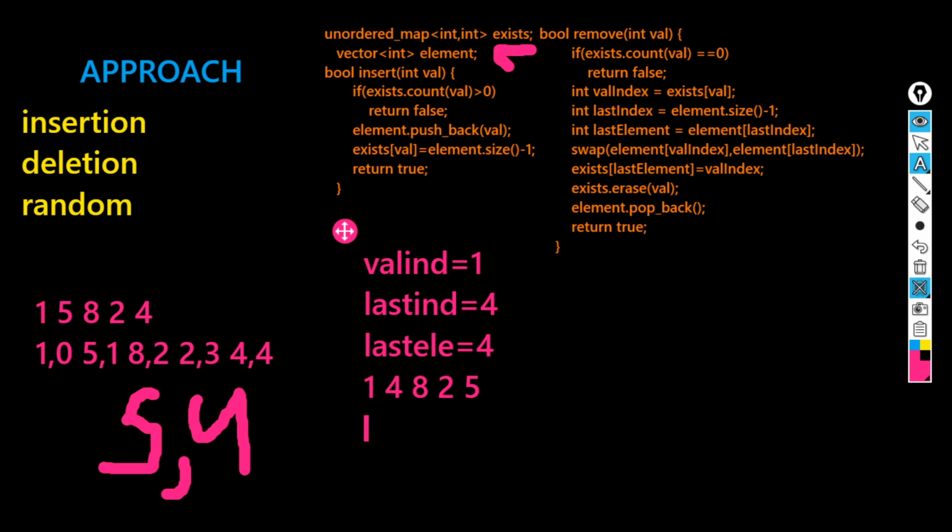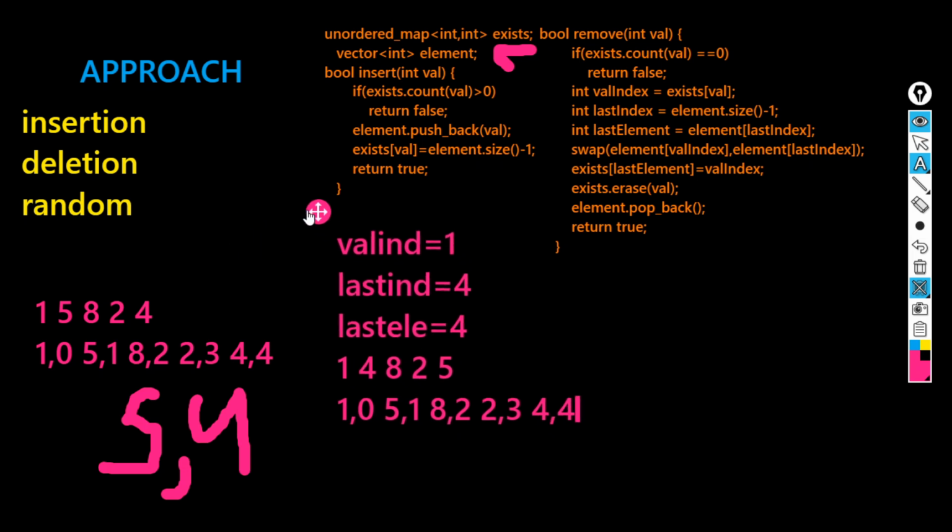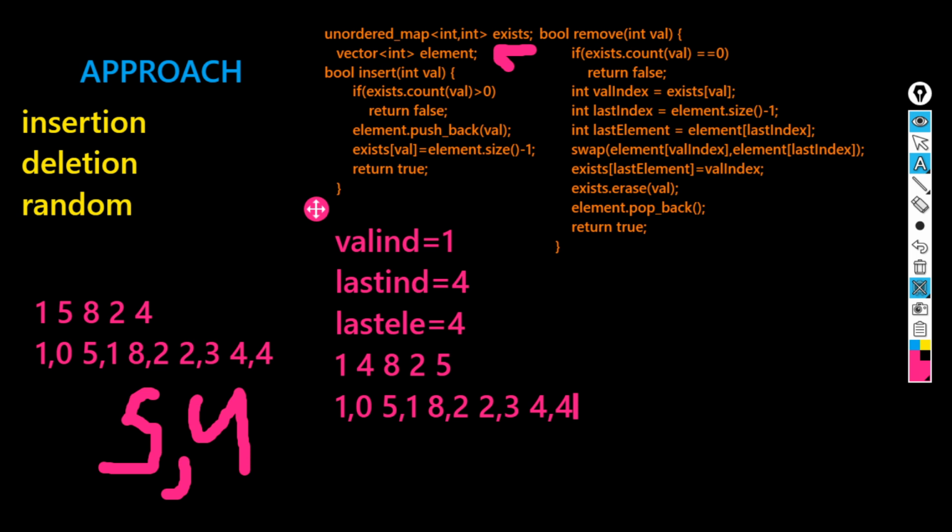Now we have to make some changes in exist also. So what does exist look like after this? 1, 0, 5, 1, 8, 2, 2, 3, 4, 4. So before this operation the exist looked like this, but now we are changing this value.